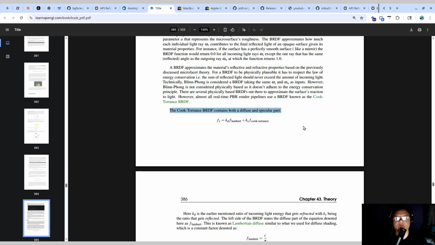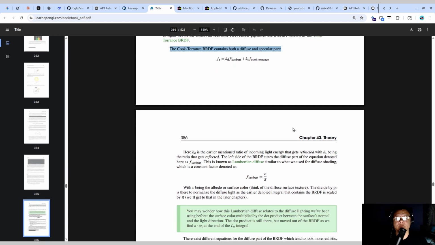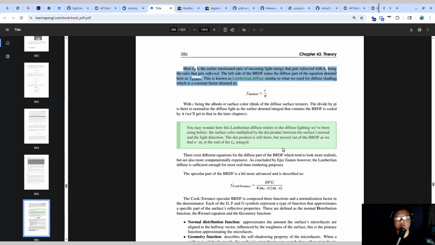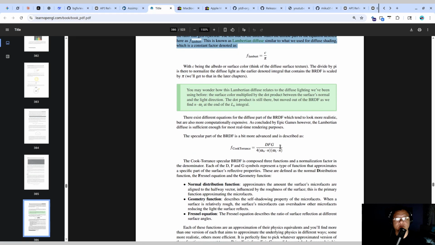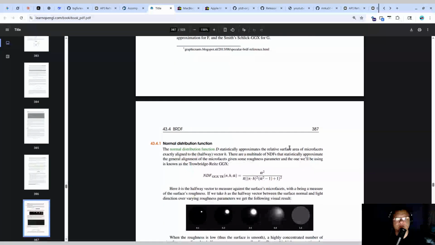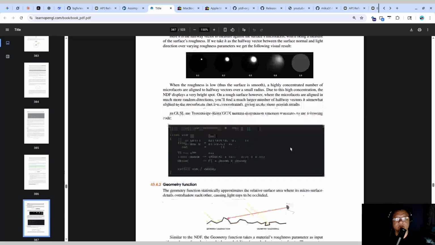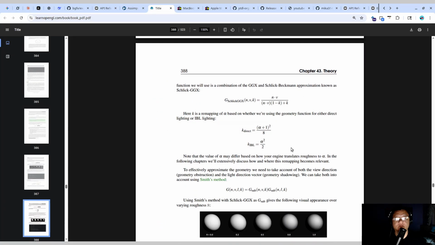The Cook-Torrance BRDF contains both a diffuse and specular part. Where kd is the earlier mentioned ratio of incoming light energy that gets refracted, with ks being the ratio that gets reflected. The left side of the BRDF states the diffuse part of the equation, denoted here as f Lambert. This is known as Lambertian diffuse, similar to what we used for diffuse shading, which is a constant factor denoted as